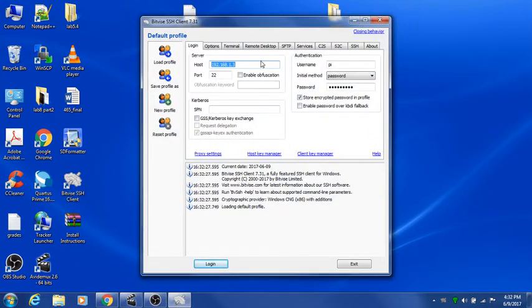So once you have the SSH client installed, go ahead and open it up. When you open it up for the first time, what you're going to see is a page that will look like this. It's automatically going to have this port filled in as 22. That's what we want. You'll want to put in the IP address of the Raspberry Pi, which is